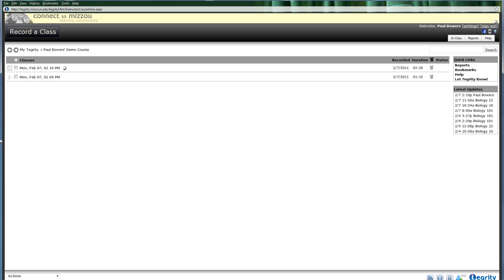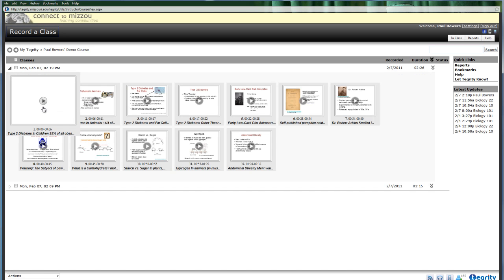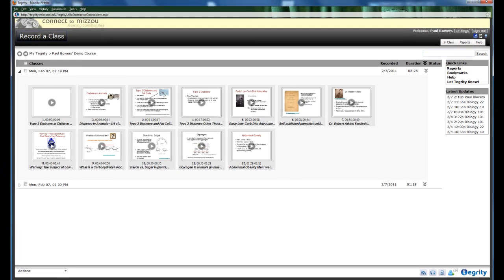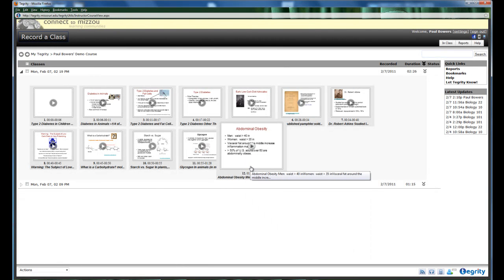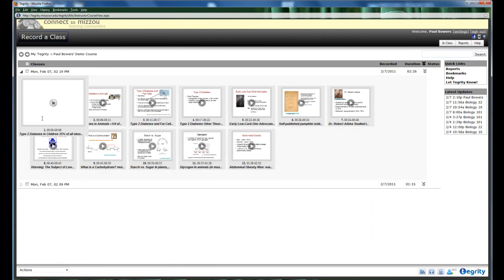Okay, and if we look down here, see it's still down here. My final slide is telling me it's still 2 minutes and 32 seconds. But up here it's telling me it's 2 minutes and 26 seconds, which should be correct. What happens is usually the recording has been cut, it has been processed first, but it takes a little while for these thumbnails to adjust. And so if we go in and check it,